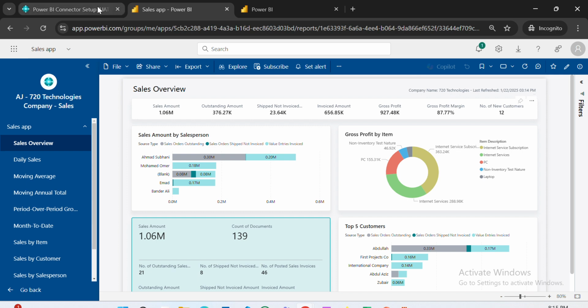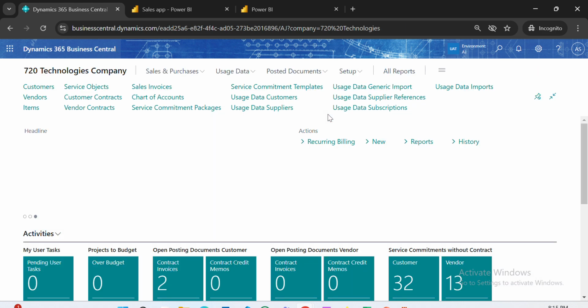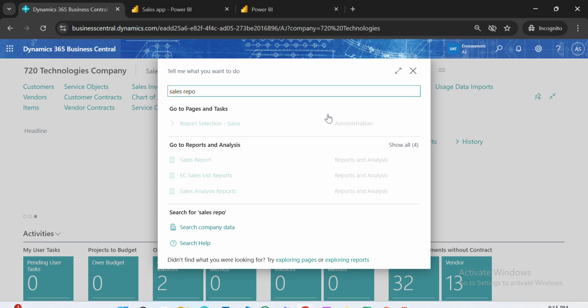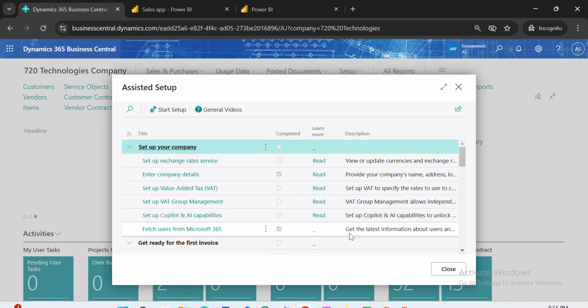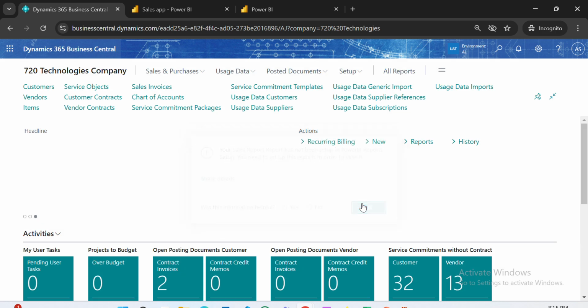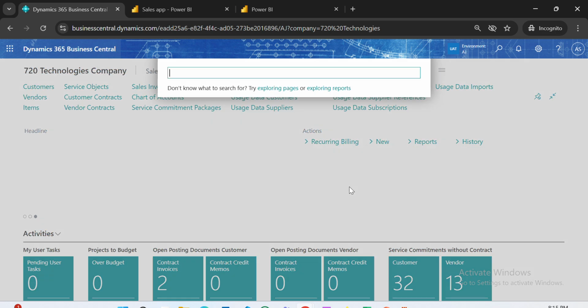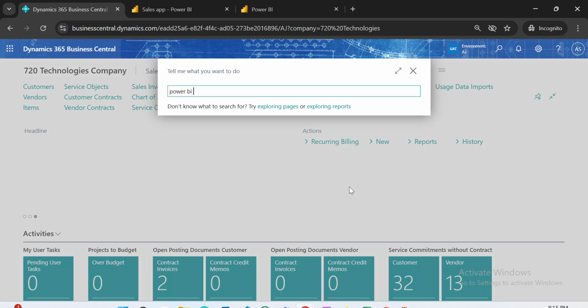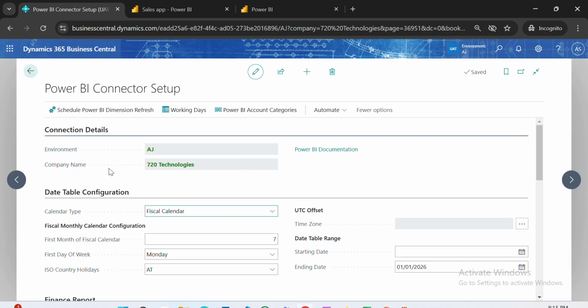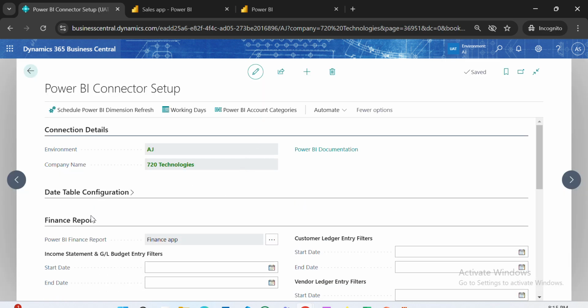and over here you can also see its company name is 720 Technologies. And if you come back over here in Business Central, then again if you go to the financial reports, sales reports, okay, it's still not directly showing you the sales report. Okay, so why is the setup not done even if it is over there? So the reason is, if you come to the Power BI connector setup, okay, so over here, let me show you in the